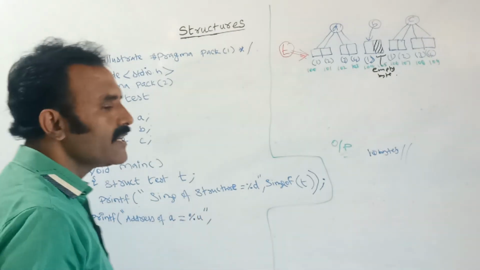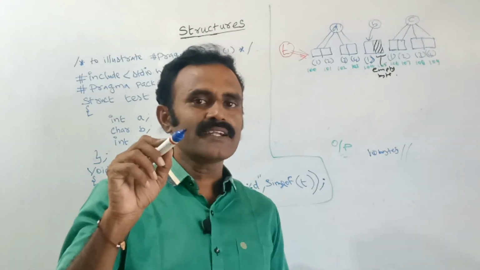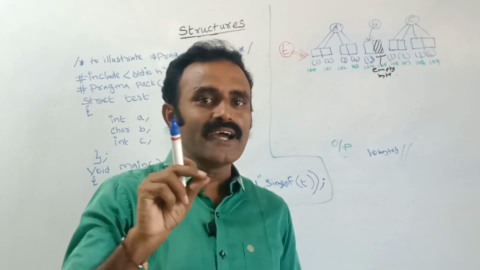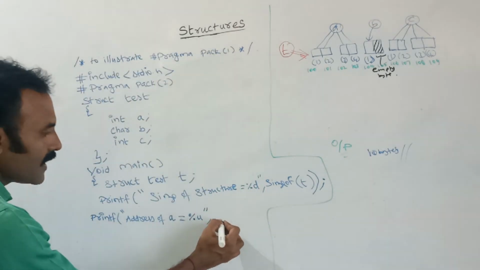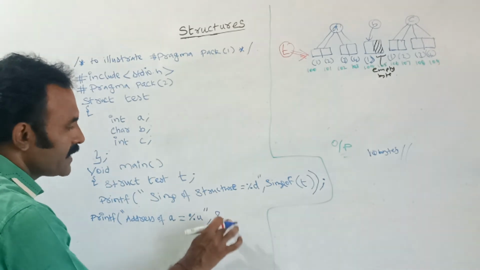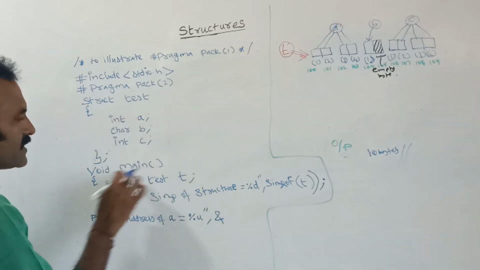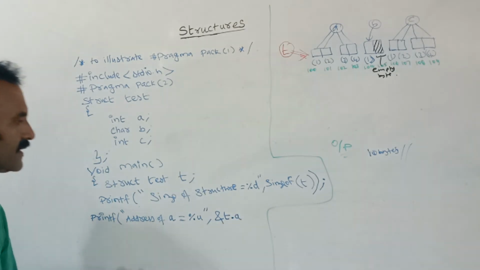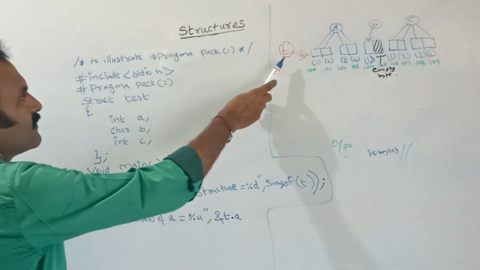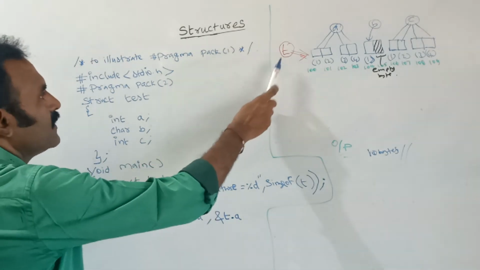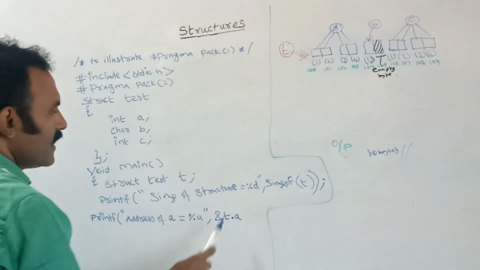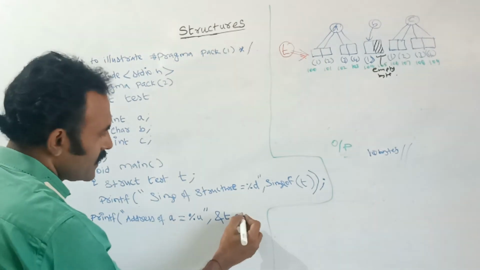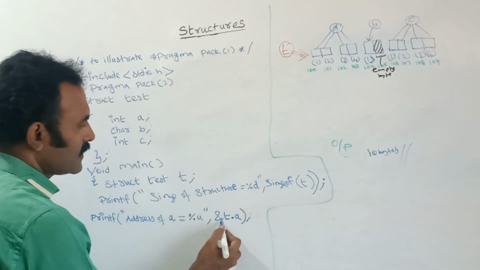Next I am telling to print the address. See, each and every time we are using that ampersand symbol in the scanf function and all. What purpose is that ampersand? It refers to the address. Here I am telling to print the address of which one, where it is located. It is in structure. What is the structure member? Ampersand of T dot A. See here I am telling to print the structure variable, in the structure variable where that member A is located, that address I am telling to print here. So next I am closing this one, address of T dot A.